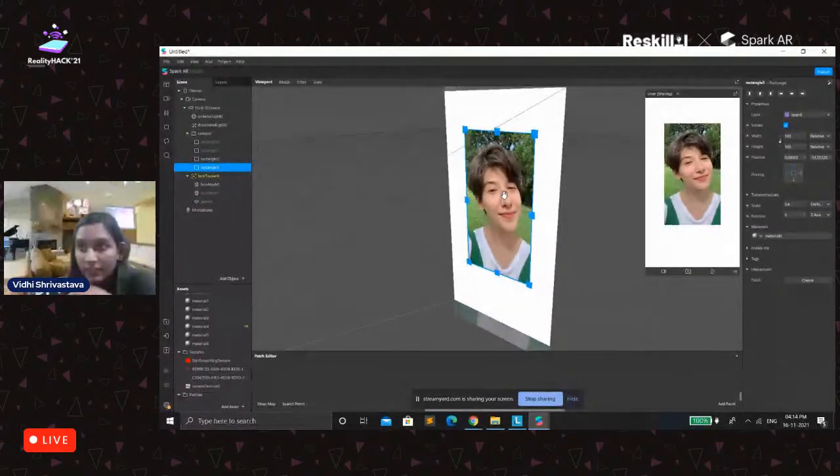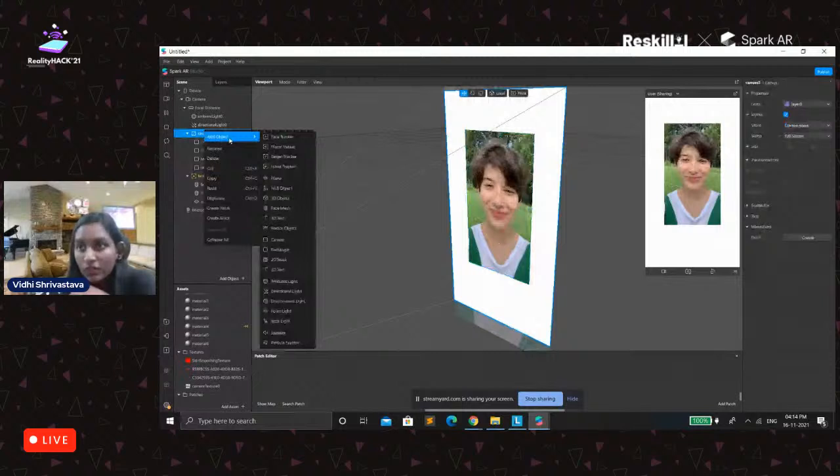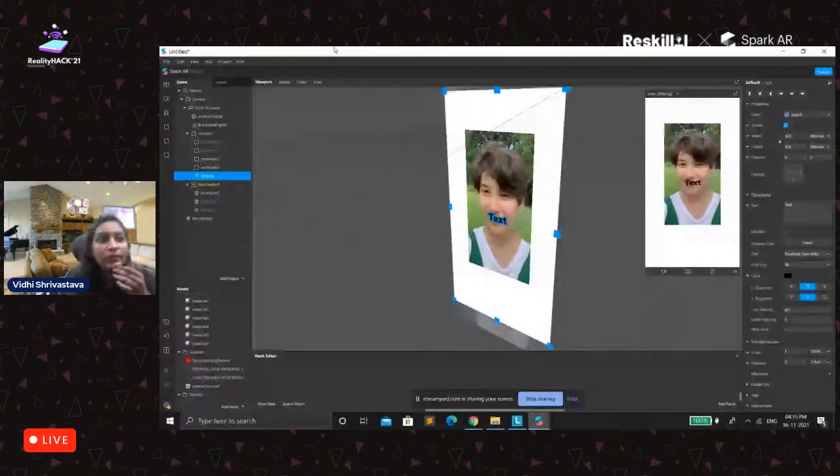So let me add it, and if I do the scaling, suppose for now the scaling is 1, so let me change it to 0.6.